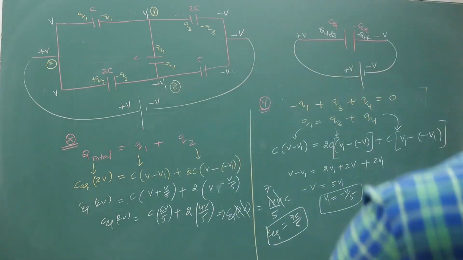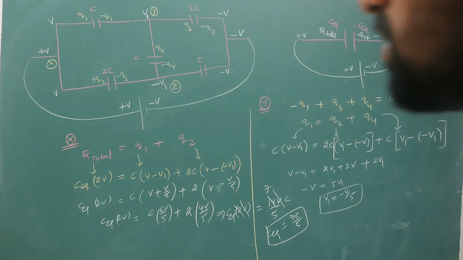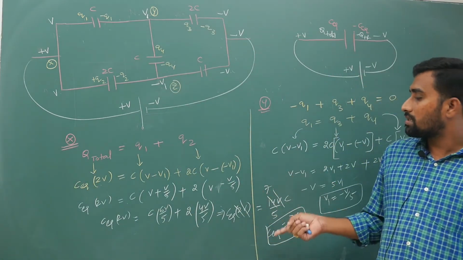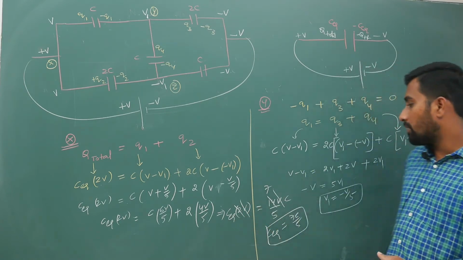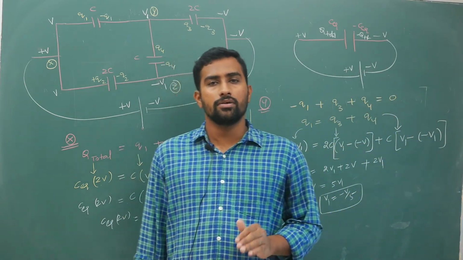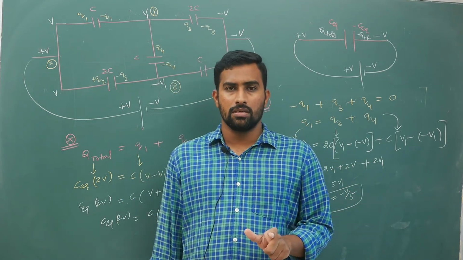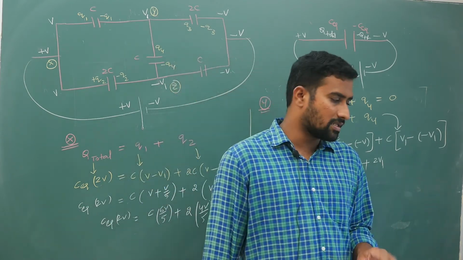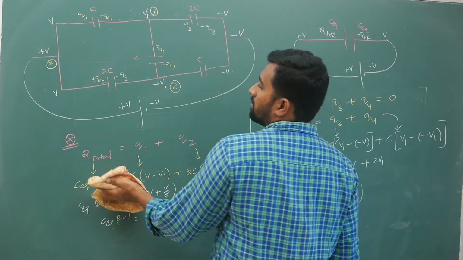Then you have to express the total values. You have to calculate the total values and then do the simplification part. This is how you are supposed to simplify and then do the calculations. Hope you have understood what I have explained and there are no doubts. This method is easy, do not worry. The only thing is you have to watch current electricity first and then come back to this. You have to express total charge as capacitance times potential difference, that's all. If you do that much, you will get the complete answers. So that's all for this part.